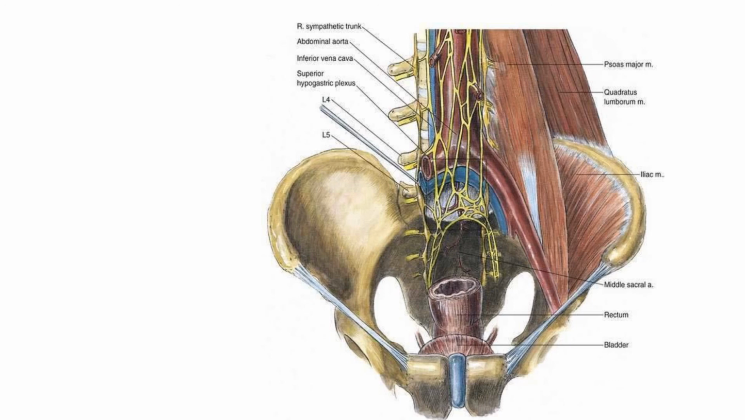It consists of right and left parts and is situated by the side of the rectum as a dense network of nerves. So these are the inferior hypogastric plexus. So here is the complete class of the